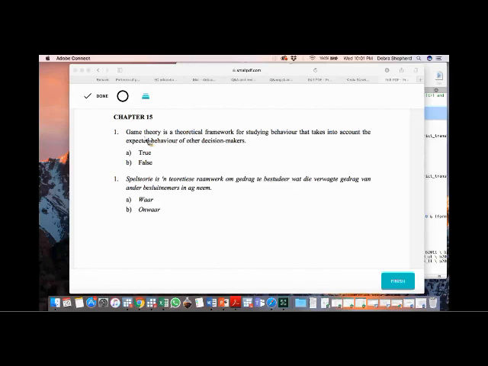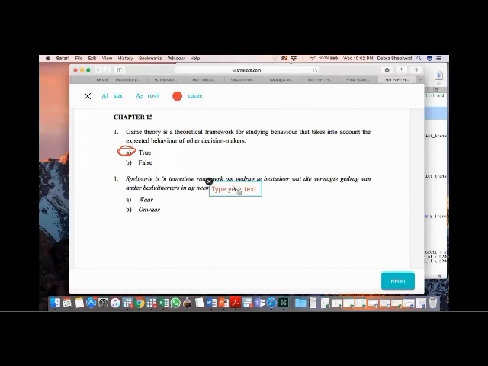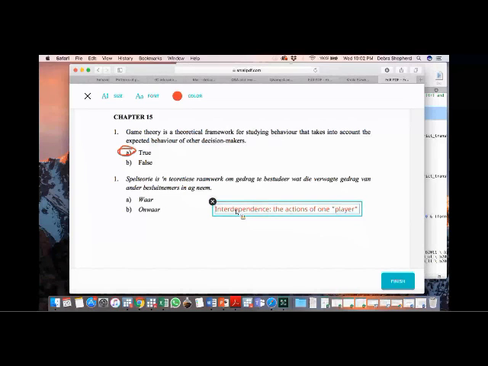It's just a very straightforward true and false question. Basically, it asks whether or not game theory is a theoretical framework for studying behavior that takes into account the expected behavior of other decision makers. So the answer to this is true. Fundamentally, game theory allows us to observe behavior that is interdependent. So interdependence means that the actions of one player in the game directly impacts the outcome of the game for other players